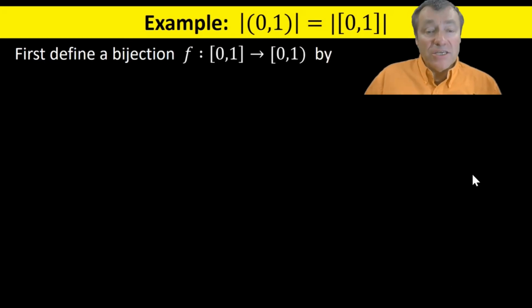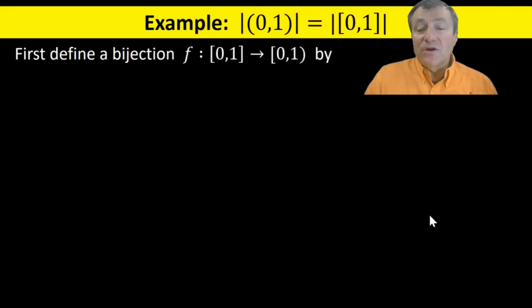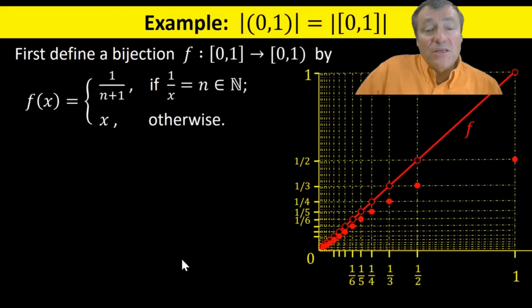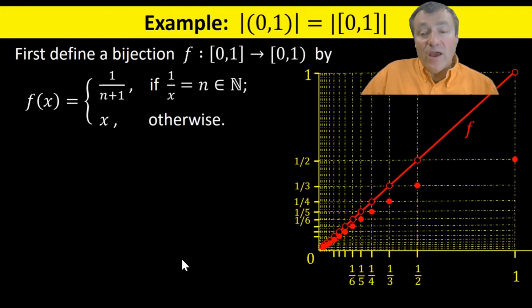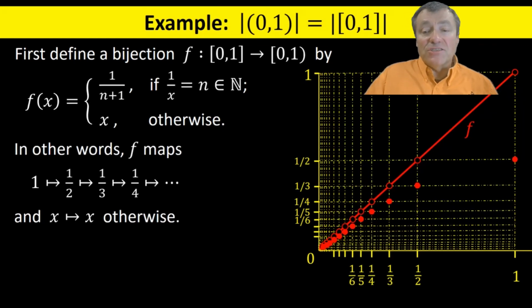Now, let me show you a bijection between the closed interval [0, 1] and the interval [0, 1), including 0 but not 1. So that's not all the way to answering the previous problem. I'm going to show you a bijection first in this case, and then we'll get the whole story afterwards. So here's my function. I define f(x) to equal just x most of the time, that is, unless x happens to be a fraction of the form 1/n, in which case you map 1/n to 1/(n+1). So the graph has infinitely many discontinuities, all of which occur at the points 1/2, 1/3, 1/4, 1/5, and so on. We just push each of these points along to the next one,